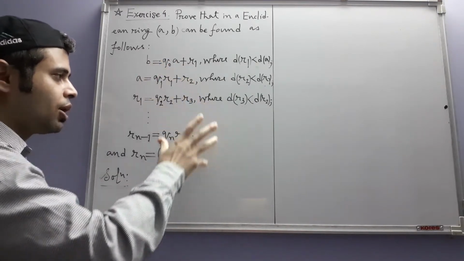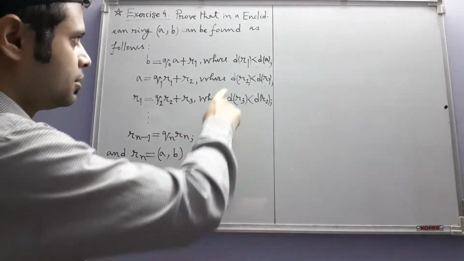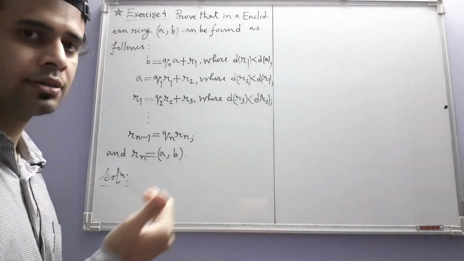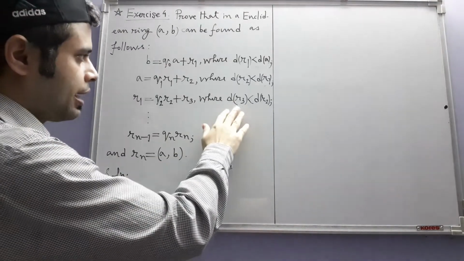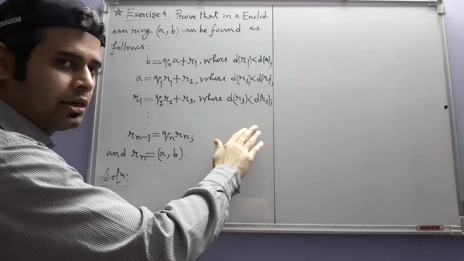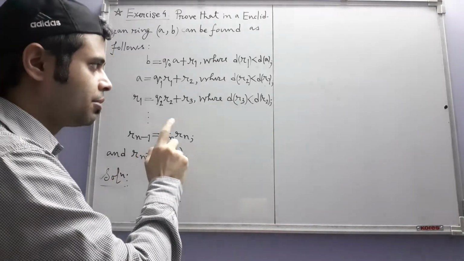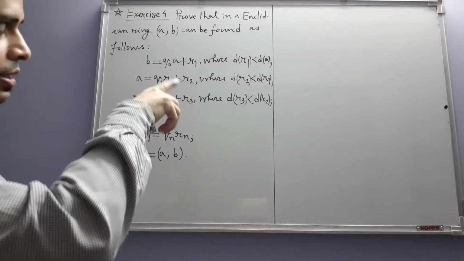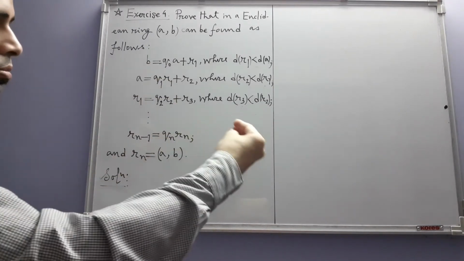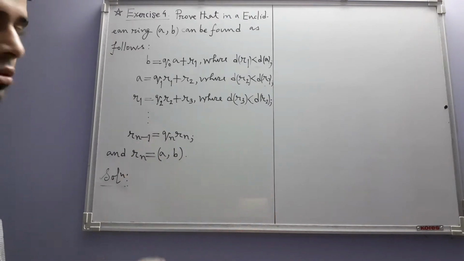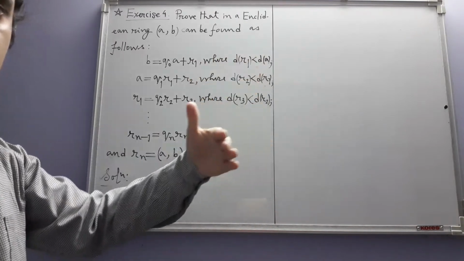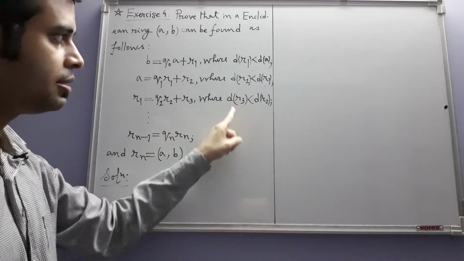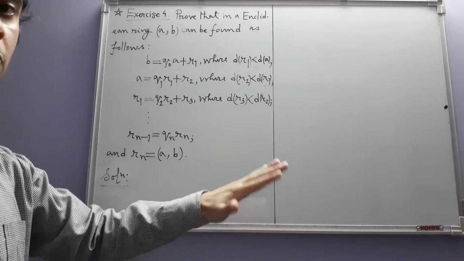Now will it go on like this indefinitely? Looking at these inequalities, we see that the D values of the remainders are strictly decreasing. So as long as we are getting non-zero remainders, this will continue to happen. But at the same time, we know that D values are non-negative integers. So this cannot go on indefinitely, because below a given non-negative integer, there are only finitely many non-negative integers. So at some point, these inequalities will stop working.